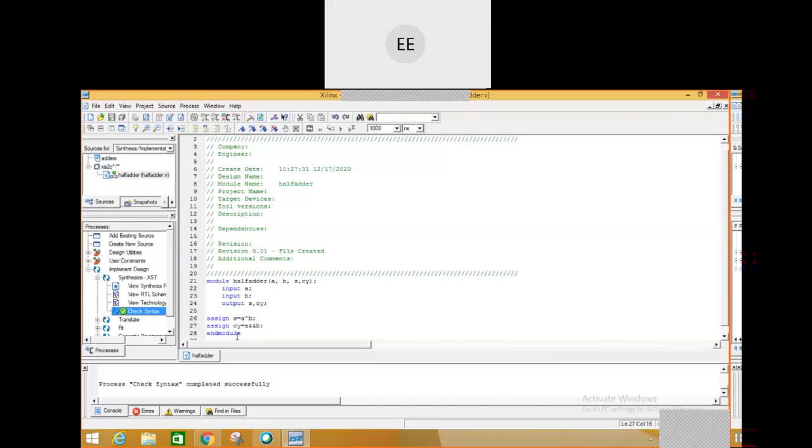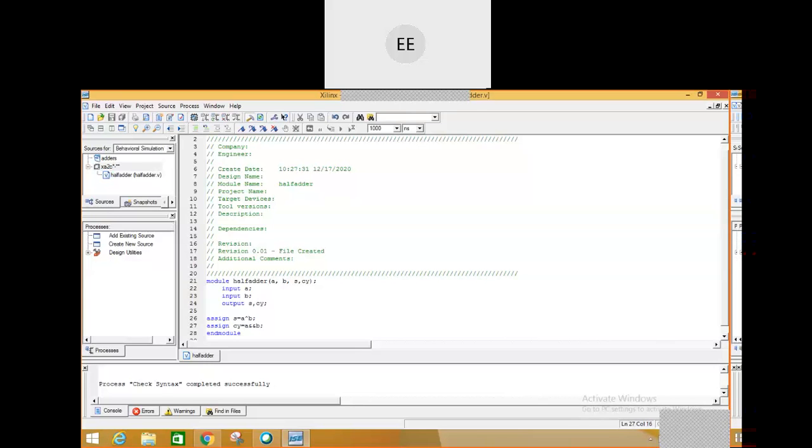Okay, so this is what I'll be doing now. Check syntax says that it is correct. So the first part of our implementation is completed. What is next? Now I need to give a set of inputs and verify the output, right? How do I do that? Till now, what was the process I was doing? The implementation process, synthesis and implementation. I have done that here. Now I need to change it to simulation.